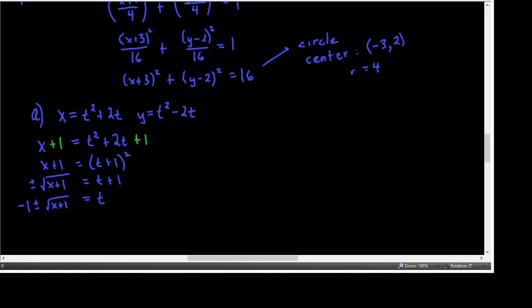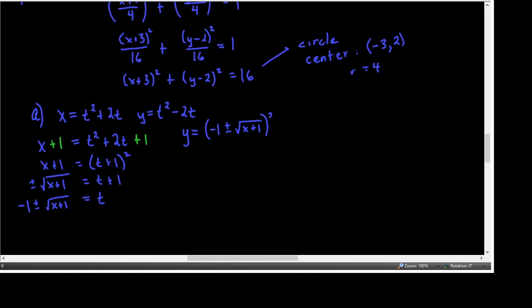Now, this might argue for the fact that graphing this with the parametric equations as given would be a lot easier than eliminating the parameter, and I think this is a good argument for that. But nevertheless, we're going to do what we were told. So by substitution, y will equal -1 plus or minus the square root of x plus 1